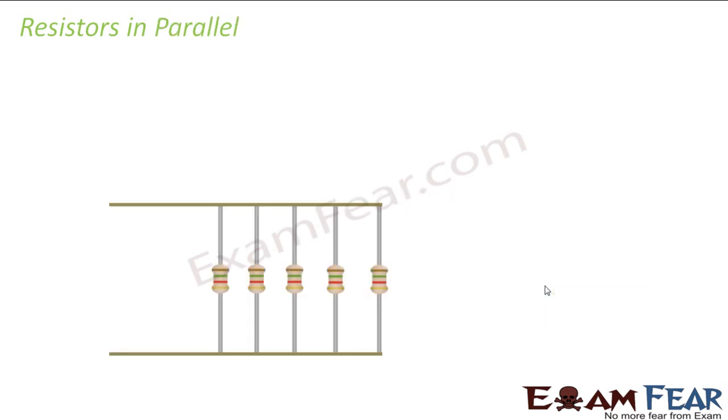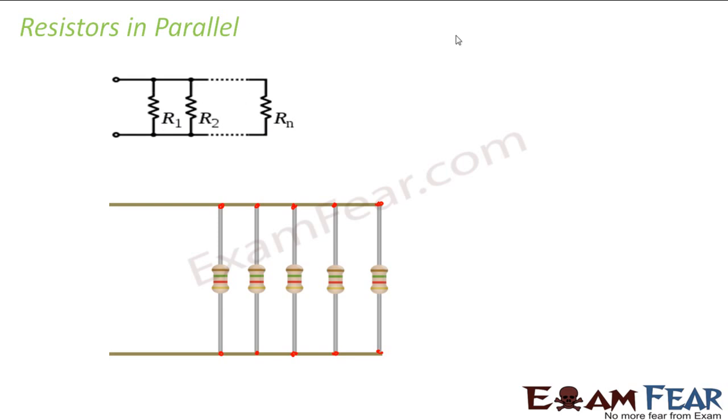Now let us talk about the parallel combination of resistances. When we talk of parallel combination, we mean the resistors are connected in this way. I mean the resistors are not connected one after another. Instead, both the ends of the resistors are connected to each other. That means this end of all the resistors are connected together, again the other end of all the resistors are connected together. So in terms of circuit diagram, you can represent it like this. So let us take this example.